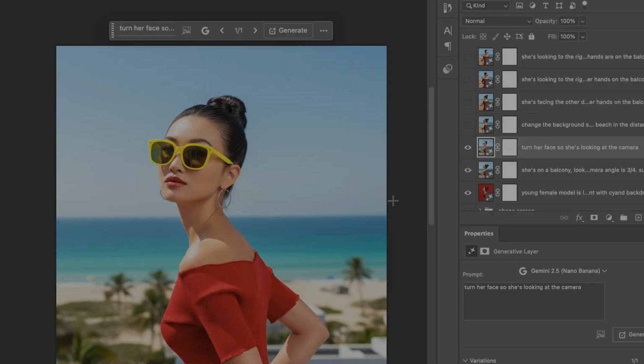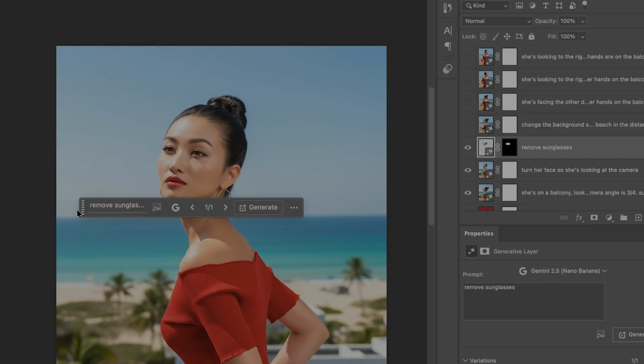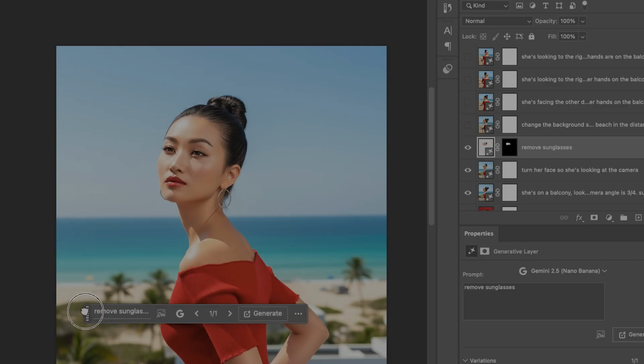then changed her to face us. So now I'm going to use the selection brush and select her sunglasses. Now, one thing I want to add is you want to select as much as possible because you want to get all of the shading of the sunglasses as well as the sunglasses. So it's better to be generous here than not. Now you can see that the shading is perfect on her face because we selected the sunglass shade as well